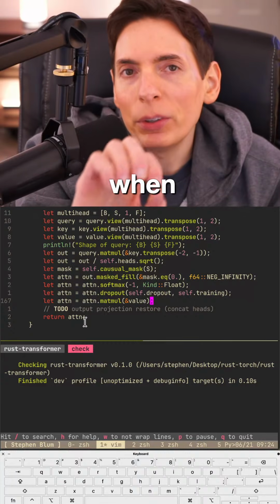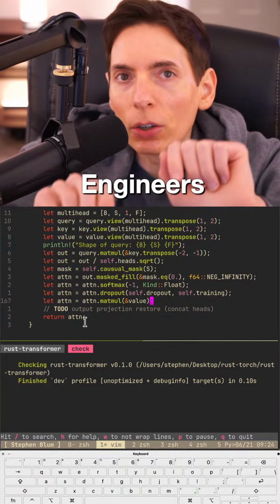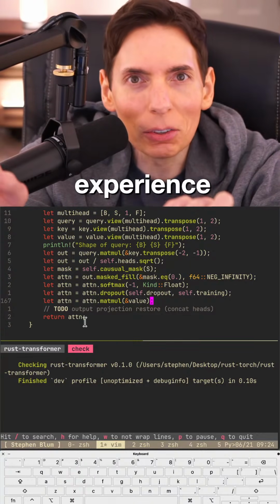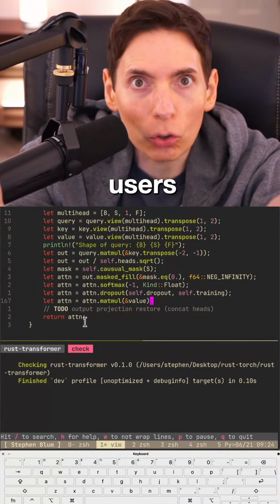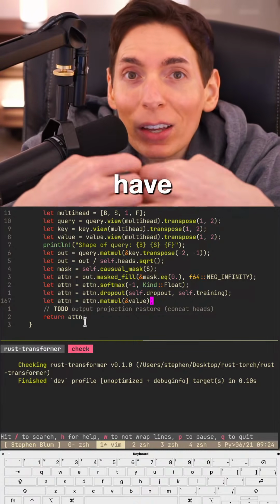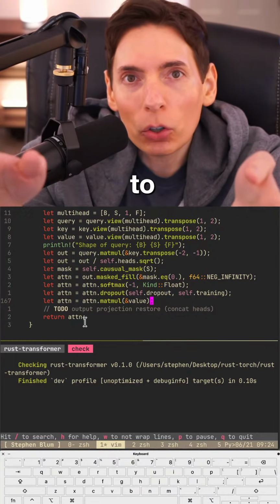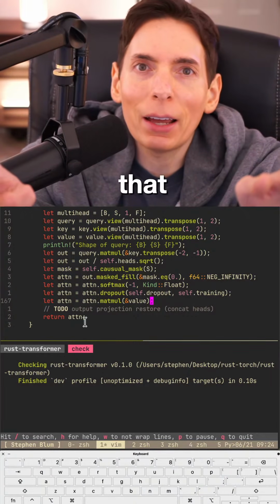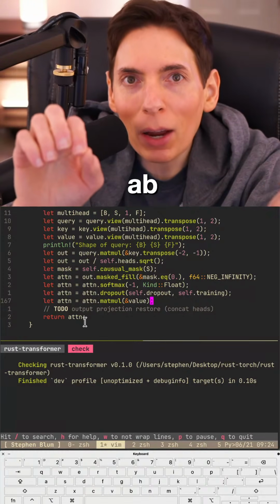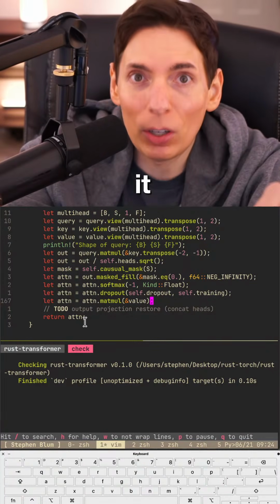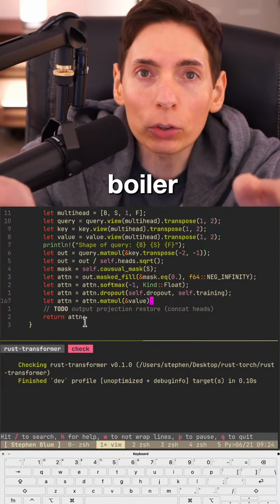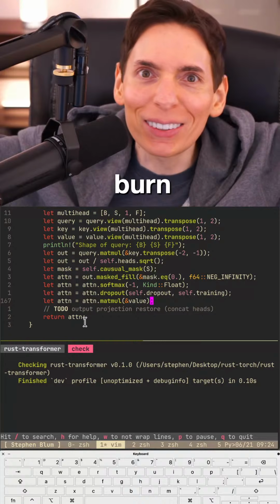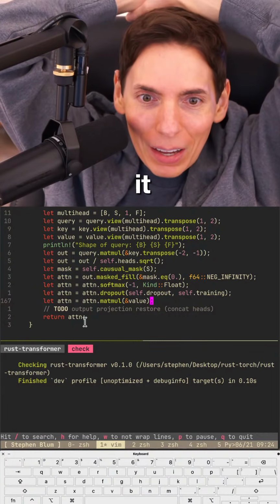Here's the deal. When you're building a library for other software engineers, you want to make their lives really good. You want to give them a good user experience because you're building a library for end users. You don't want to force exposure to the internals of the framework itself. The Burn library completely misses the mark on that. It exposes all the abstractions that are supposed to be hidden away inside the library, and it forces the user to write boilerplate upon boilerplate upon boilerplate. You don't want to do that. You did it wrong, Burn. Sorry, I didn't want to do it. Oh, my bad, got it?